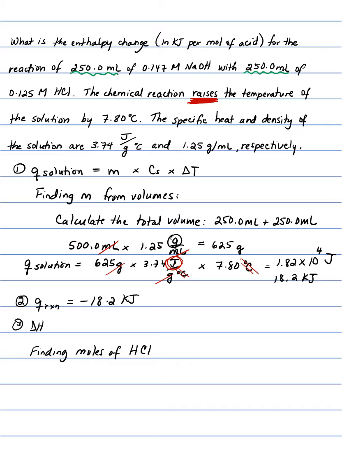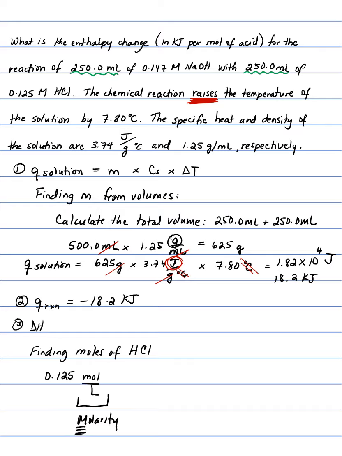We have 250 milliliters of 0.125 molar HCl. So you have a volume and a concentration. 0.125 molar, capital letter M, is the same as 0.125 moles per liter. That right there is molarity,